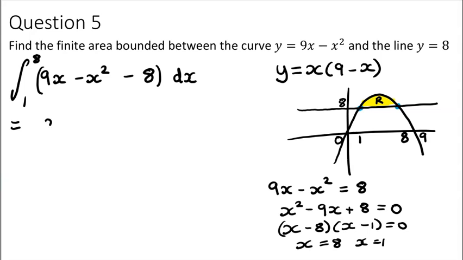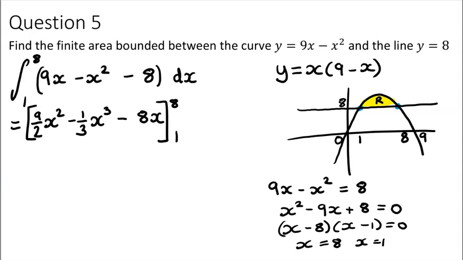So go through each term, add 1 to the power, divide by the new power, add 1 to the power, divide by the new power. And when you have the 8, it just basically becomes 8x. We are still essentially adding 1 to the power. It's just that that power was 0 before, so now it's 1, and you divide by 1. So that's why we get 8x there. And I've got limits there of 8 and 1. So substitute in the 8, substitute in that upper limit, and we get